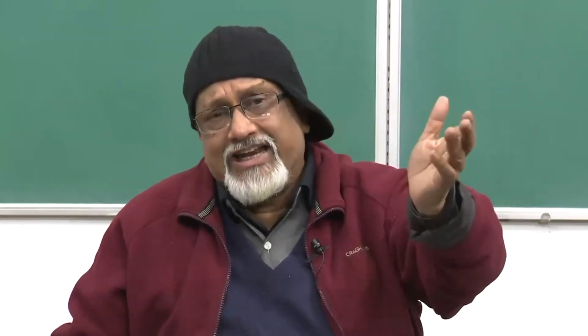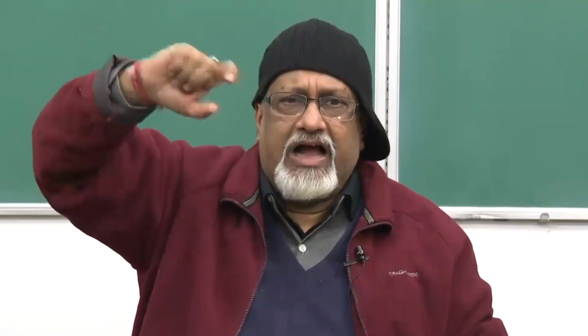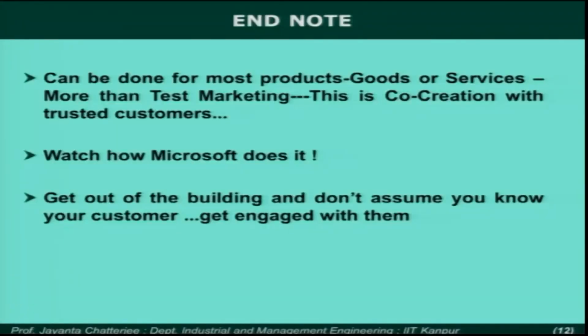And then similarly in software, just watch how Microsoft does it. They come up with a product and suppose a new version of Windows, they will release it to these beta customers, they will furiously work, and so at that stage the product may have 100 bugs, but these 1000 people will work furiously, they will come up with solutions. So, with 1 round or 2 rounds of iteration, within a very short time, the product will become almost bug free. They continue to therefore work on it, and that is why you know that